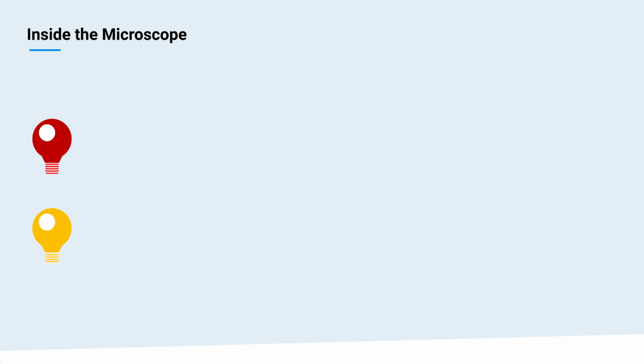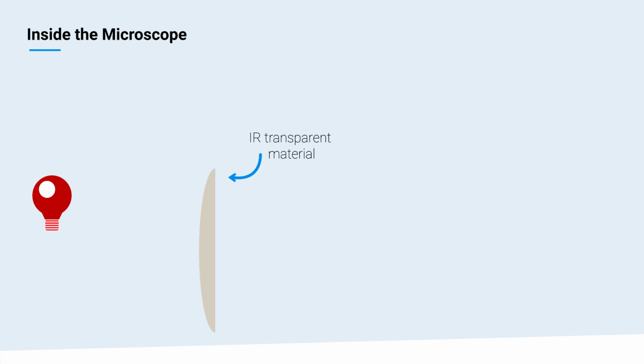Now, microscope optics are traditionally made of glass, but many frequencies of IR light can't travel through glass like visible light can. So what do we use instead of glass? Well, one solution is to use an IR transparent material like germanium for all the microscope components so the IR light can pass through. While this approach seems pretty straightforward, there's a couple complications.